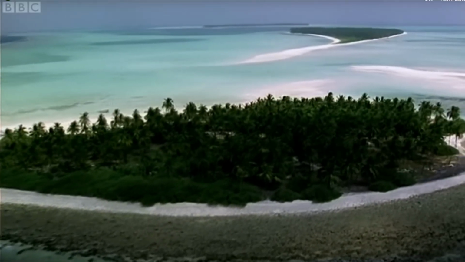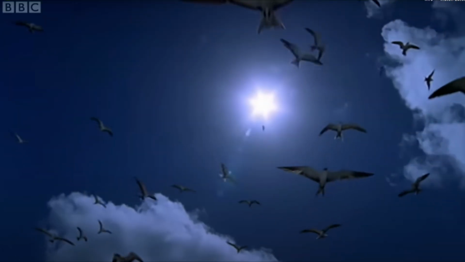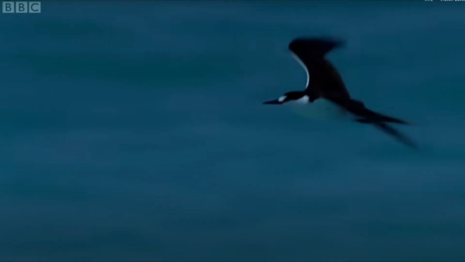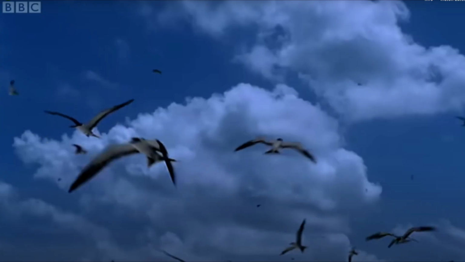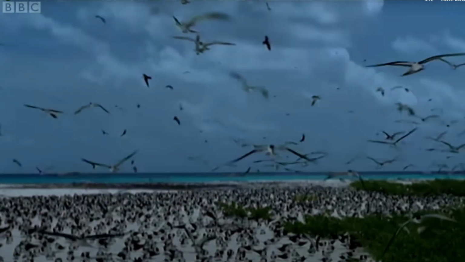Trees take root. Birds arrive. The guano from thousands of terns which have chosen to nest here enriches the sandy soil, which then can support